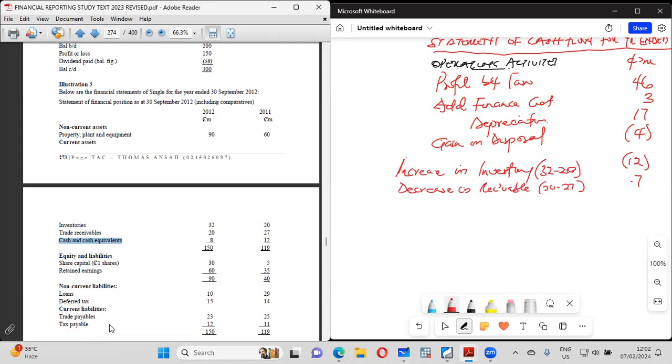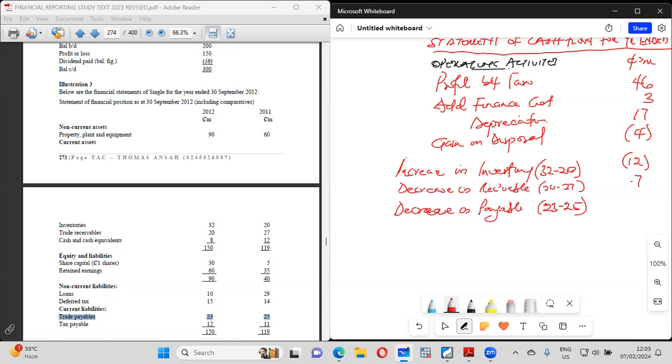All right. Then we come to our trade payables. Have you seen it? So what happened? Decrease in payables. Decrease in trade payables. All right. So what does that mean to us? Our payables were 25 last year. This year it is 23. What does it mean? It means we have paid, and if we have actually paid, then it means money is